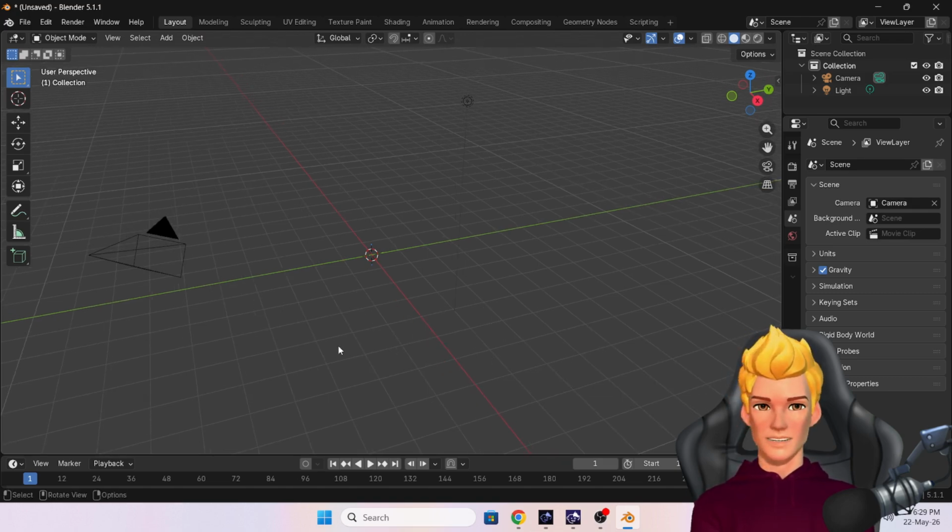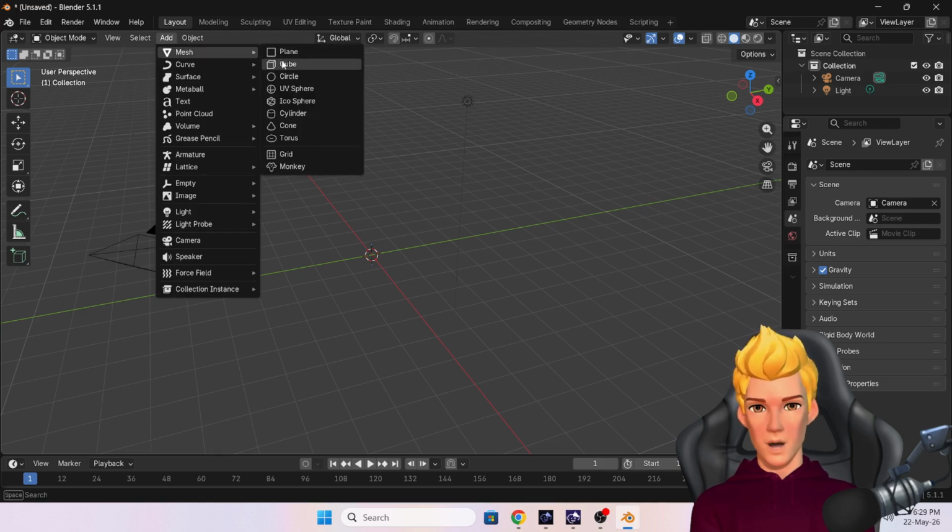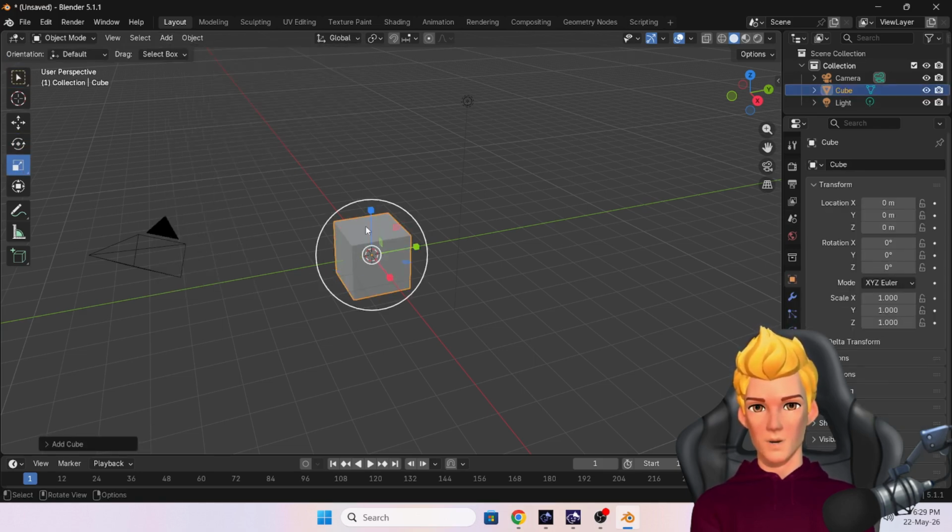Very simple desk, anybody can model it with basic shapes. I'm going to model it in Blender. So let's start. First, I'm going to add one box cube, and then I'm going to scale it a little bit